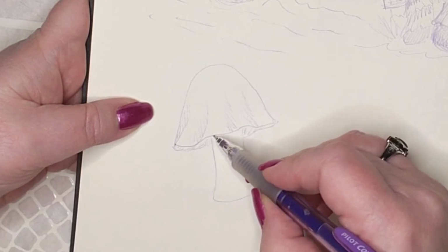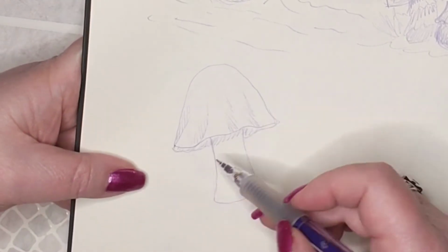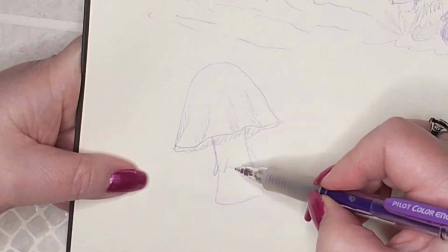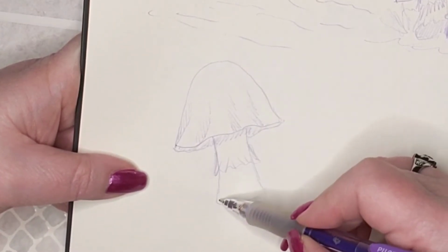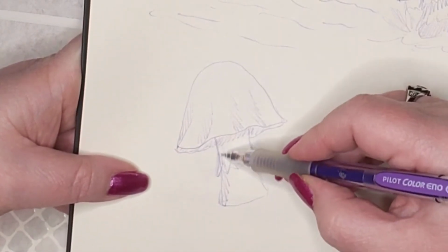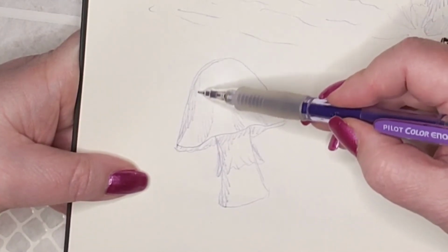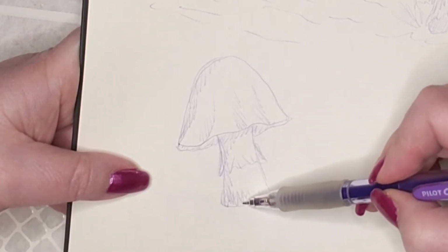A little bit of shading underneath. And they had just like one ruffle. And then just shading. So this is